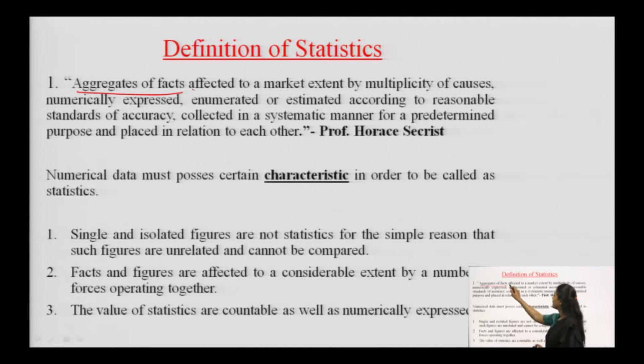Now, second comes, it is affected to a marked extent by multiplicity of causes. That is, for the facts and figures which we obtain, there are multiple causes which are affecting that result, which is giving rise to that statistic. There are a number of facts, a number of figures due to which we are having that kind of statistics. For example, if we talk about demand of ice cream in 2020, if we see the statistics, we see that the demand for ice cream in 2020 has deteriorated a huge amount,